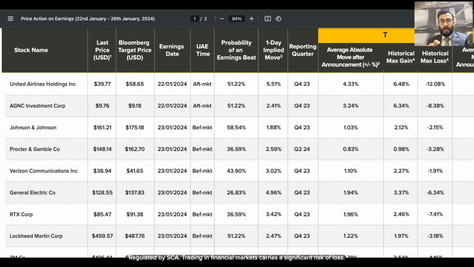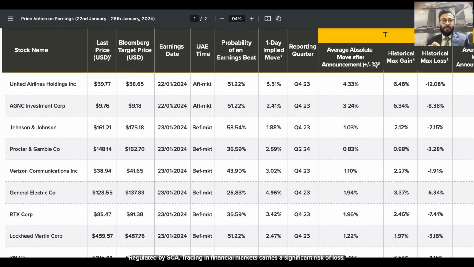So when you're looking at the sixth column, the probability of earnings beat, this is taking the last 10 years of data for the fourth quarter. For example, if I'm looking at United Airlines, it says that it has a probability of beating the earnings